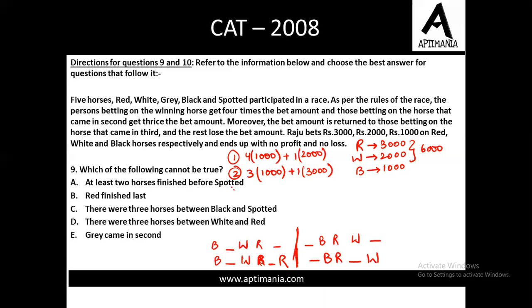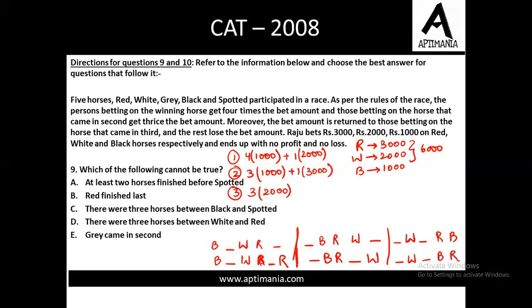Okay, let us consider the third case when it can be your white horse on the second position, right? So accordingly, we'll have the cases. We are finalizing the position for the first. It can be anyone except red, white, and black. Second, it has to be white. Third, it can be the other one except red, white, and black. Then it can be red and black, or it can be black and red. So we have drawn all the possible cases in order to justify or satisfy the condition of no profit and no loss.